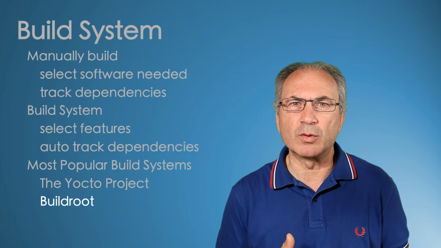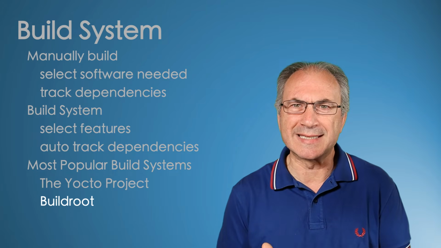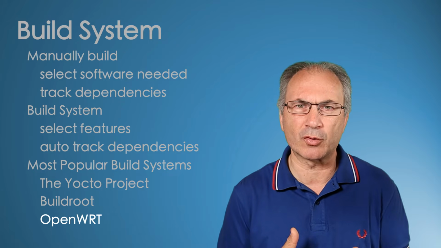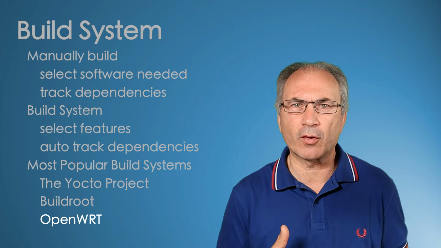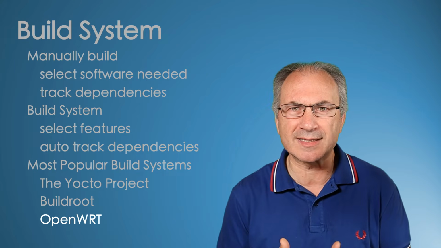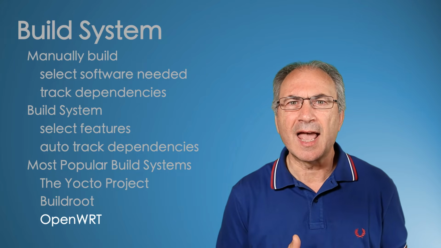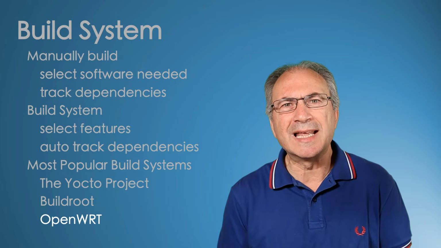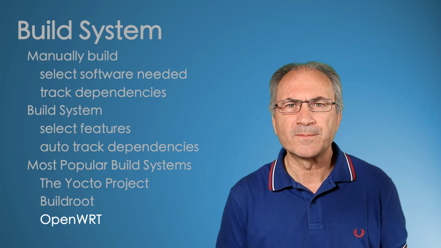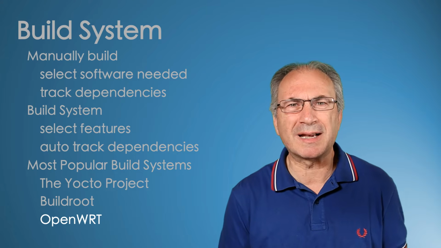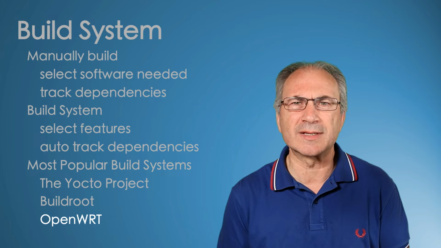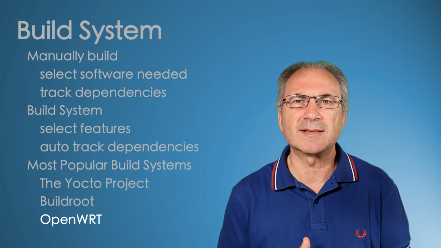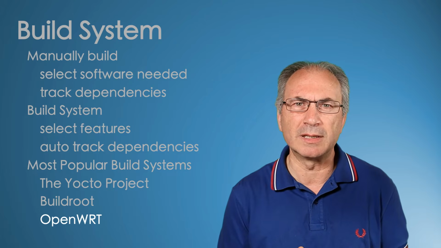The last popular tool is the OpenWRT build system. It is the build system of the open source router operating system project. It was forked from Buildroot more than 15 years ago, and since then has significantly diverged. It is tailored to build a replacement router firmware. It has a lot of documentation, but in some ways this documentation is scattered across its website, and for this reason requires more time to learn compared to Buildroot.